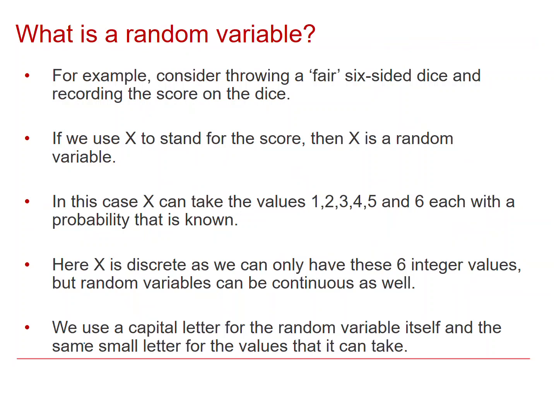We generally use a capital letter to represent the random variable itself, in this case the score on the dice, and then the same lowercase letter for the values it can take. So the score on the dice, capital X, can take the lowercase x values 1, 2, 3, 4, 5 and